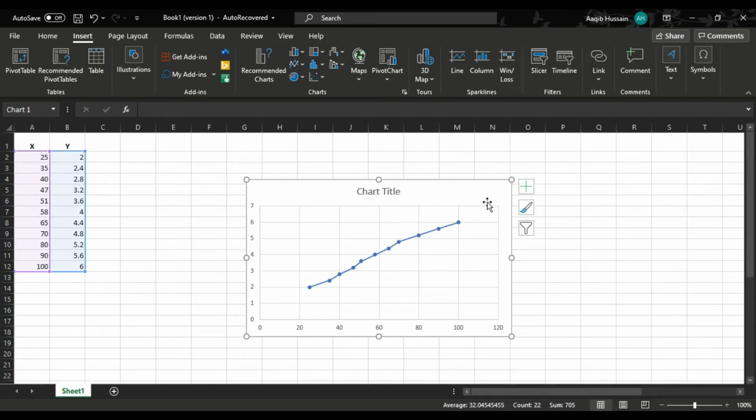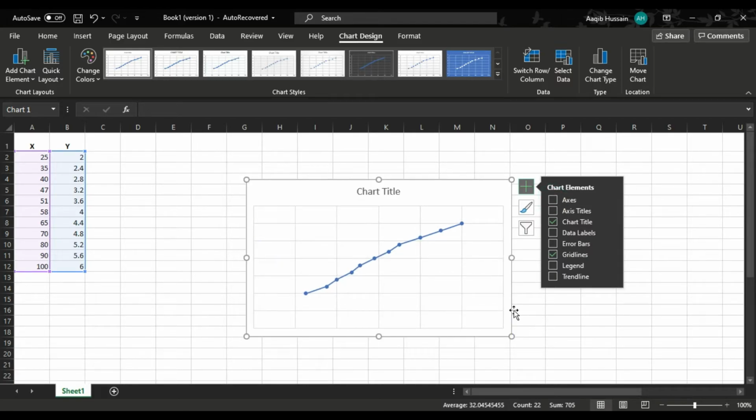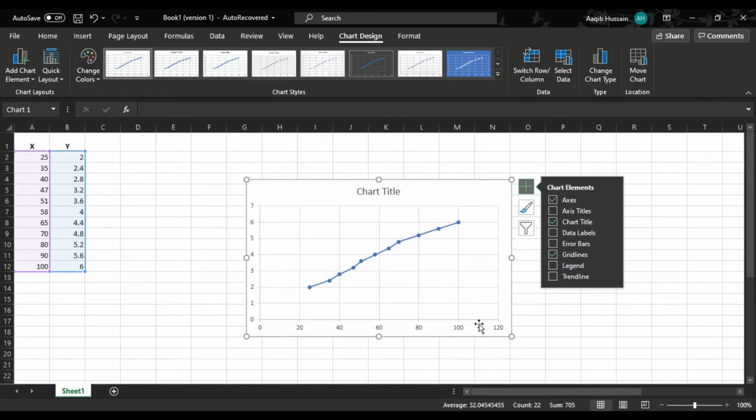You can add some features, or disable or enable some features, using this button, the chart elements. Here you can change some settings. This is the axis. The axis values that are shown here can be enabled or disabled by checking or unchecking this box. If you uncheck, the values disappear, and now they can appear again.